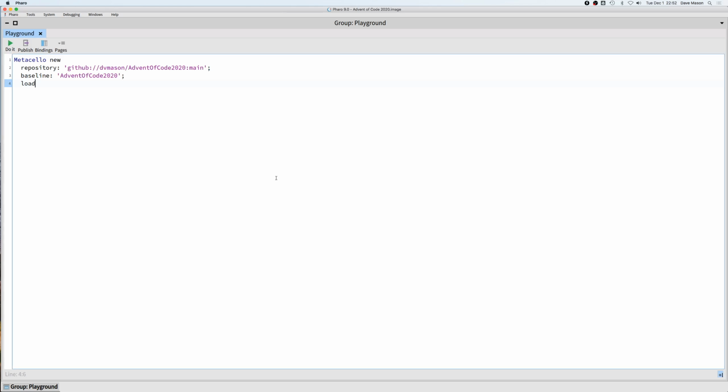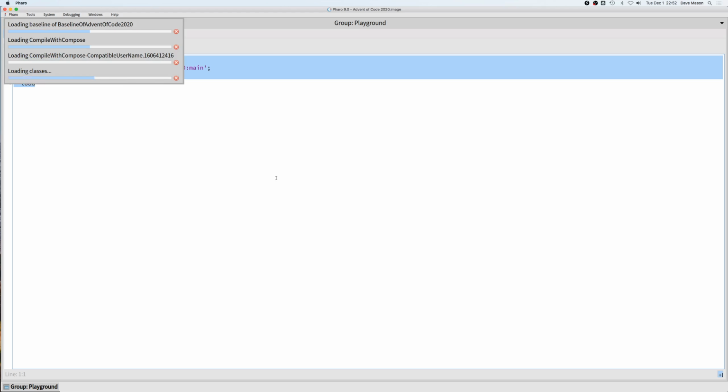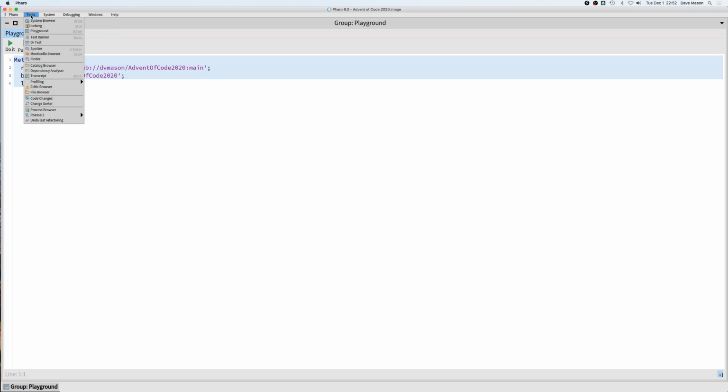Paste it in here, select all that, and tell it to execute that. So it's downloading that repository right now, and there's just a little bit of startup code in it. There's nothing very significant. I don't have any real code there at this point. So I'm going to add a system browser to this,